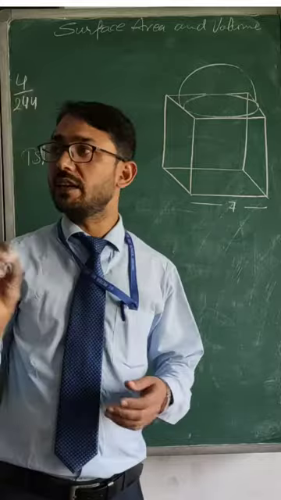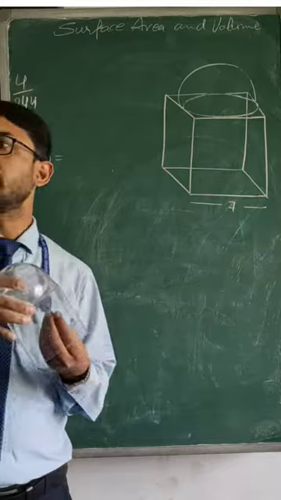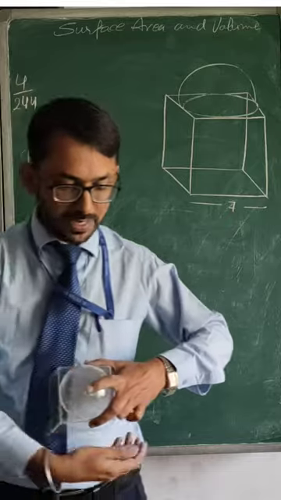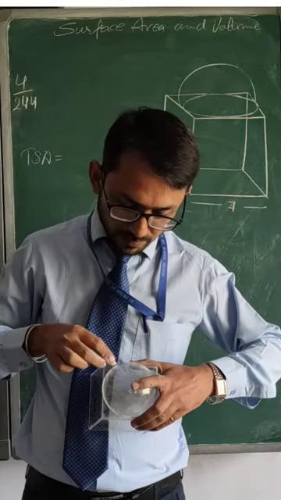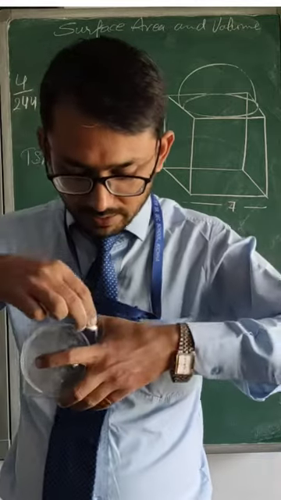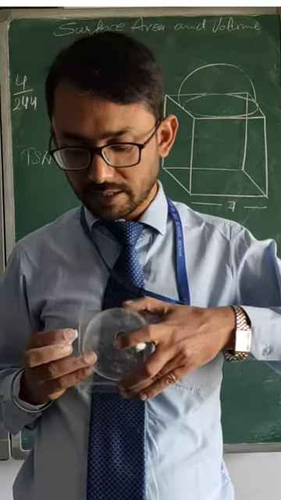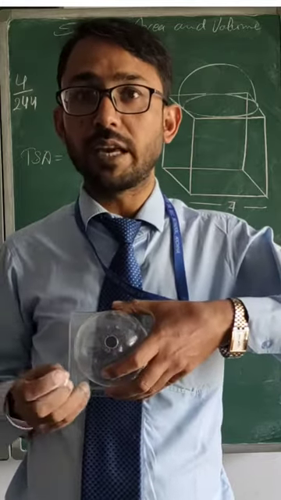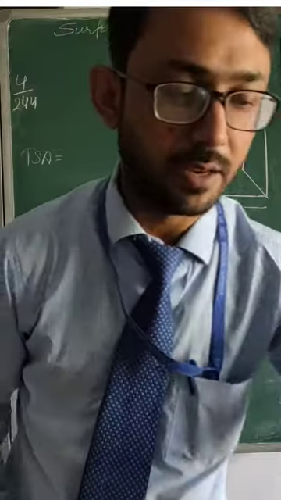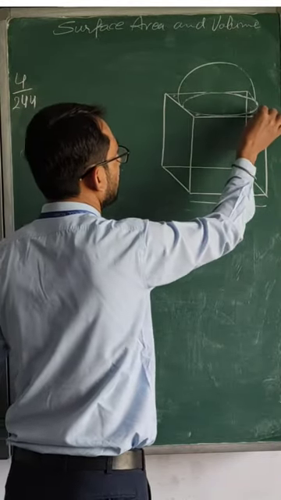Now for total surface area we need to think. This is the most important thing. See, total surface area means where we could paint. For the case of painting, we will be able to paint on this part, as well as over here. But under the circle we won't be able to paint it. It's a solid figure, so we cannot split the two things separately or break it. So on the top we need to paint at these points also.